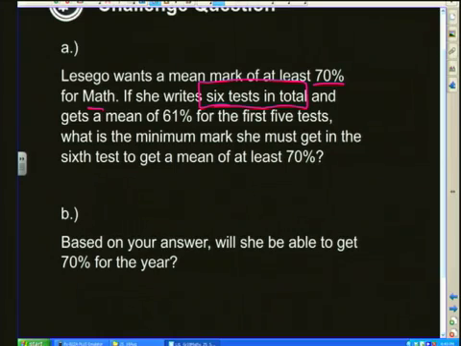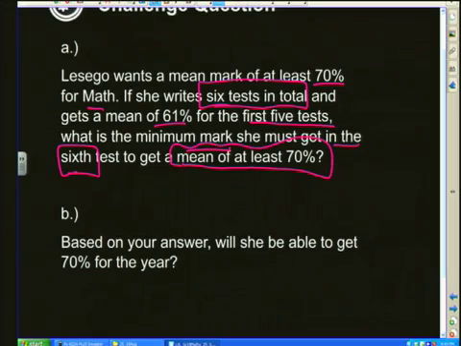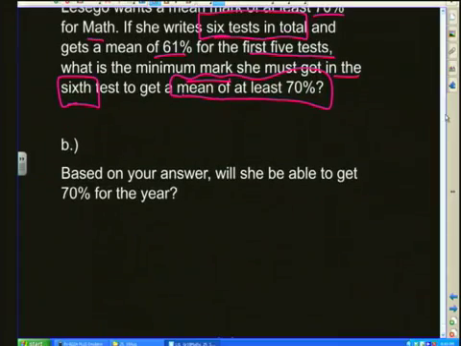And she gets a mean mark of 61% for the first 5 tests. All right. They ask, what is the minimum mark she must get in the 6th test, being your maths test, in order to get an average value of 70% overall? All right, now let's put this into mathematical terms. She wants a mean mark of 70% for math. She writes 6 tests, and she gets 61% for the first 5 tests. In other words,